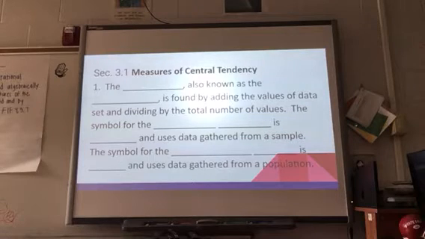Alright, now we're going to talk about Chapter 3. Section 3.1 is called Measures of Central Tendency. So if we look at our PowerPoint,